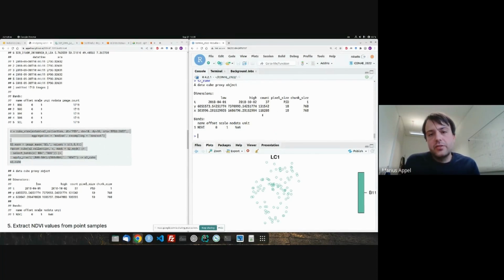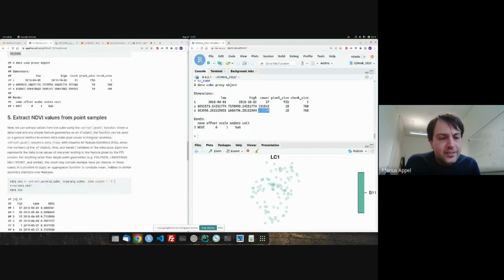For the analysis, I really want to extract the actual values that have been collected and recorded in the images. So that's a very large data cube, right? That would take an enormous amount of time to load and process, and a lot of storage on your disk if you really want to download it. So that would be very inefficient to do. So instead, what we luckily can do is